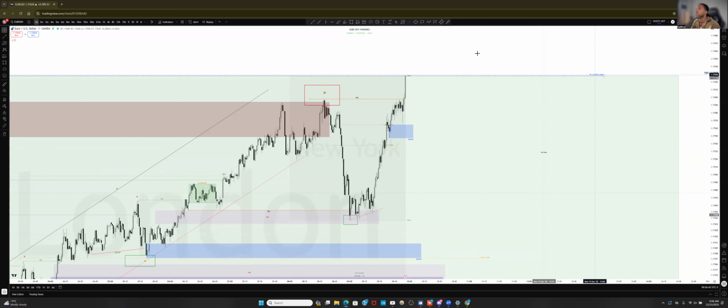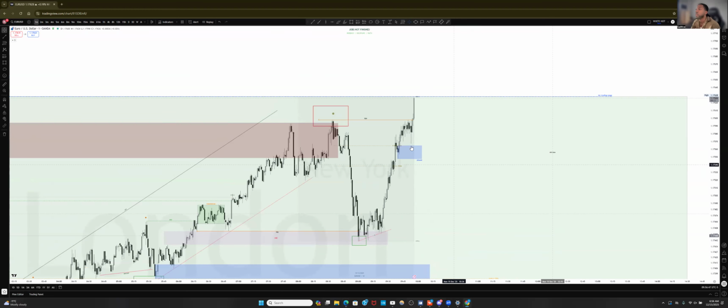There we go. Here comes that bullish push that I spoke of. Price would come, but did not tap this demand. Instead, it just did this inducement and pushed away. So that's why it's important sometimes we just allow the market to build its liquidity and we stay out of the way.